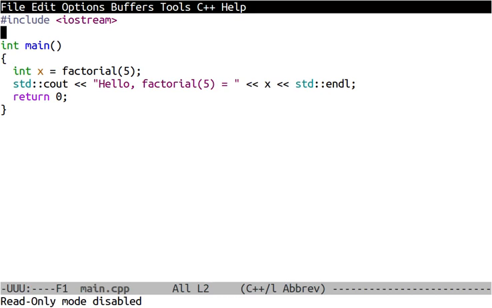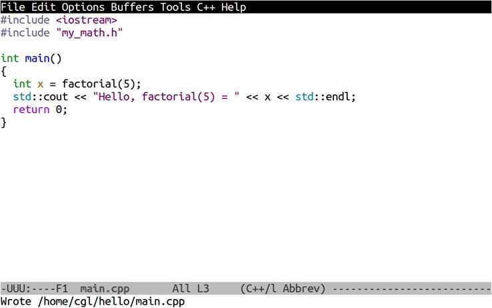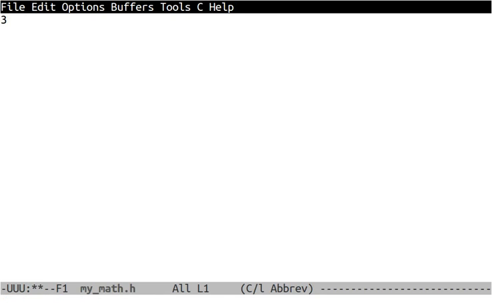My intention then is to create a header file. I'm going to call it mymath.h that will have the factorial function's header prototype defined in it. Okay, using my editor, I'm going to go ahead and create mymath.h, and